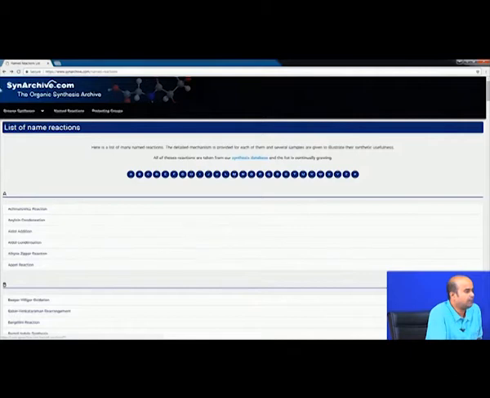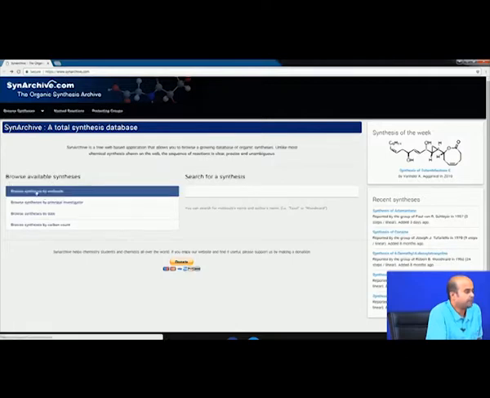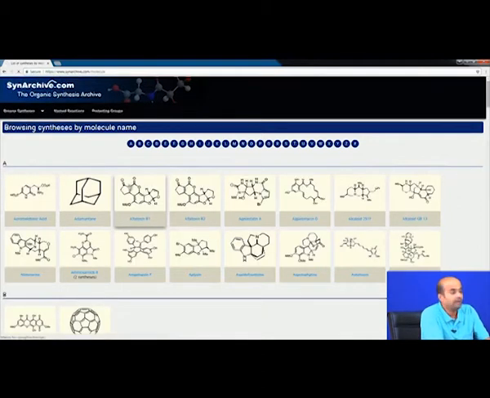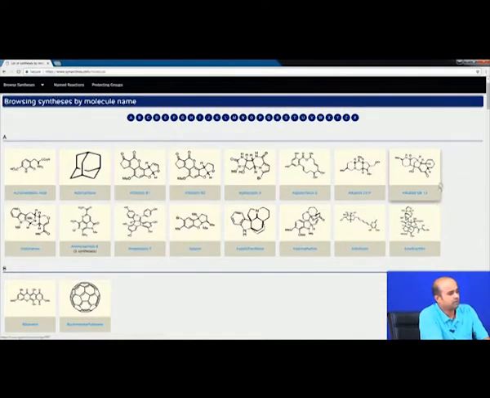Okay, now coming to other components of these things, there are many other things which are basically available here. Let us say you are having several organic synthesis resources available, like synthesis by molecule. There are many natural products or target molecules that have been listed here, a series of target molecules. You can basically scroll them down alphabetically, and see different molecules which have been